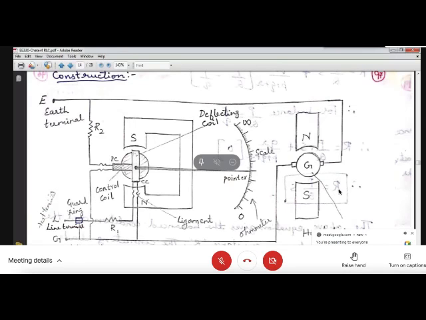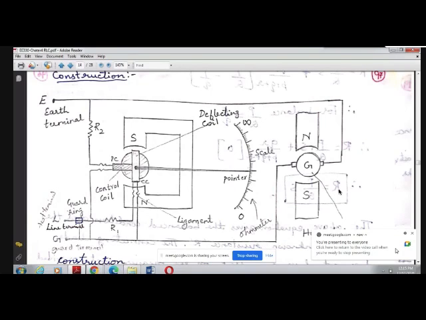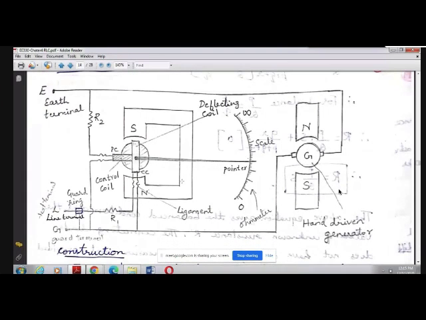Okay, so is it clear, the construction part? So the main parts are the hand driven DC generator, the ohm meter, which shows the reading of the resistance, and then the coil as well as the magnet. So now, how do we check whether this megger is showing the correct reading or not? Coming to the working principle,